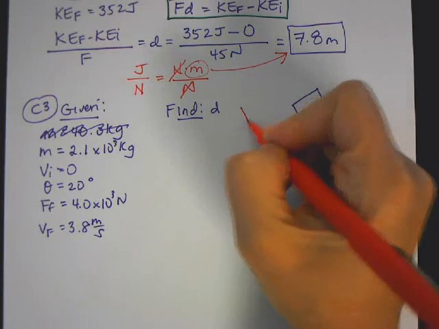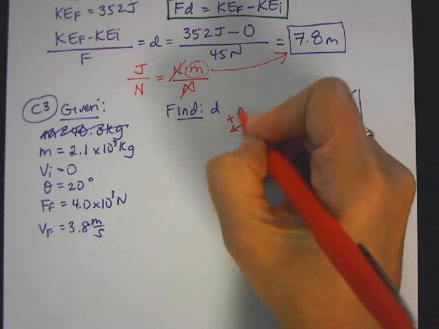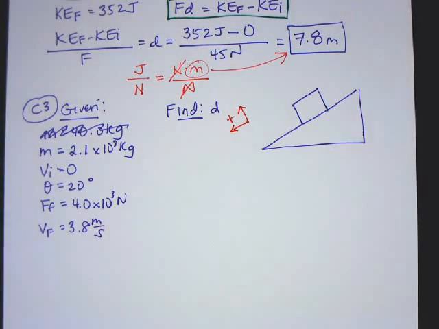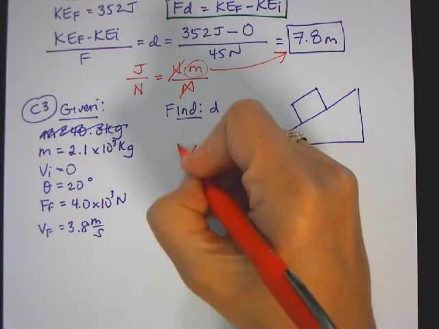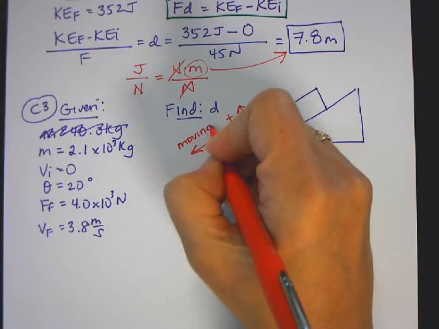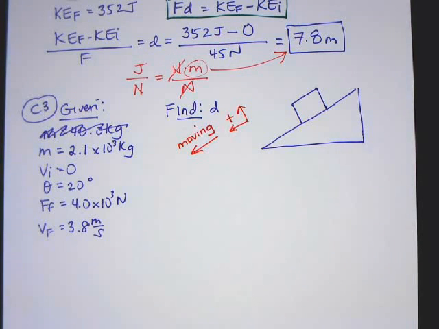The car is moving down the driveway, so I'm going to make down positive, and then perpendicular to it is going to be my other sign convention. I always want my sign convention to go in the direction in which an object is moving. So when I sum my forces,